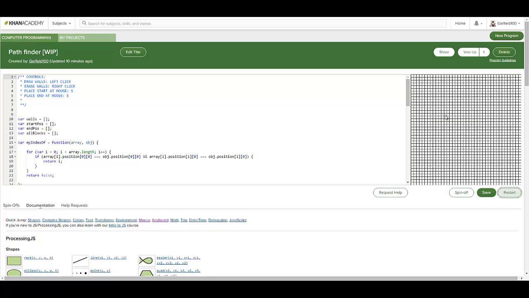So the idea is you put a starting point here, so it has to start there, and then you make some kind of labyrinth, something like this.